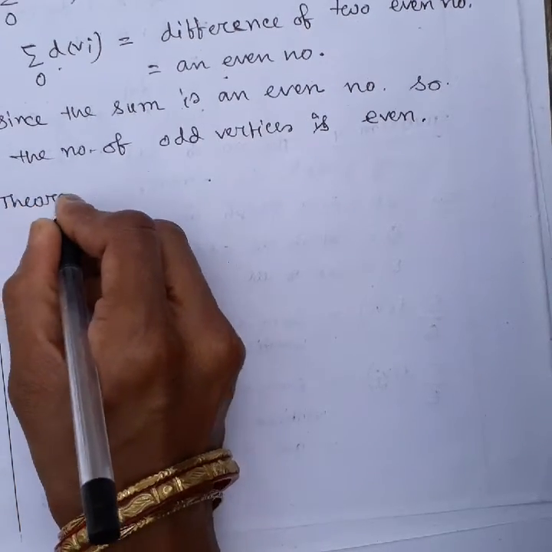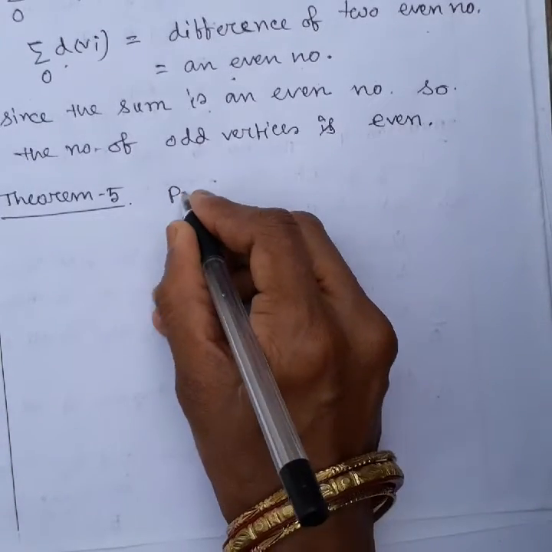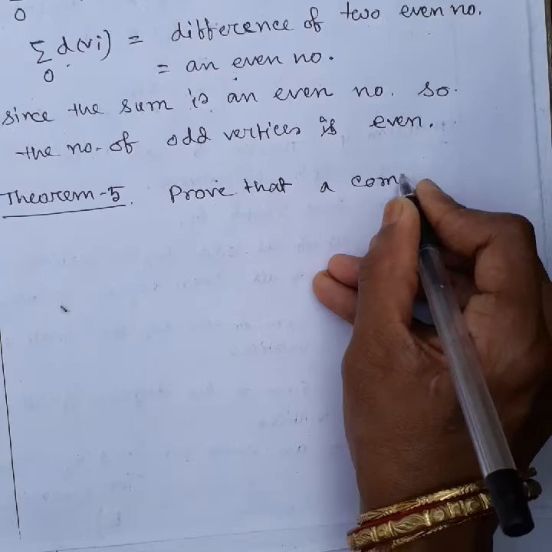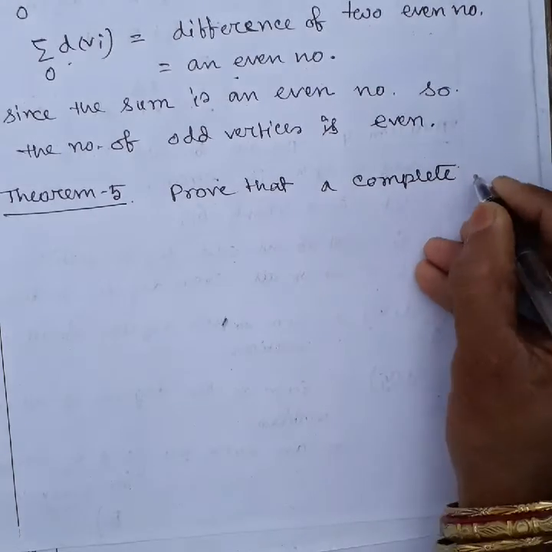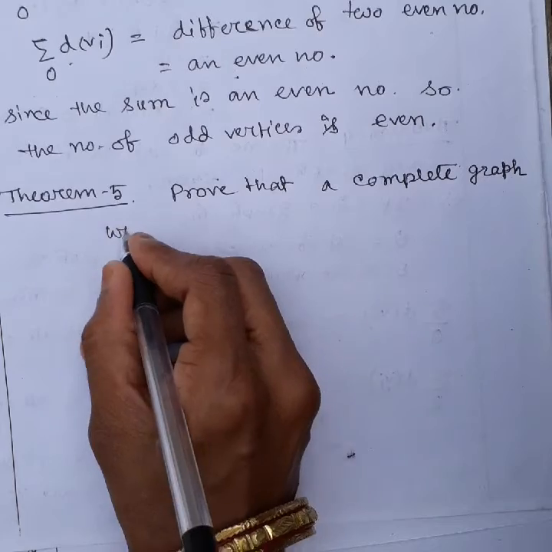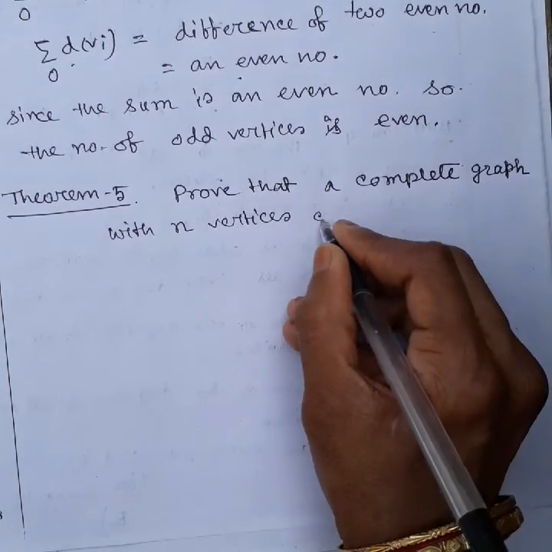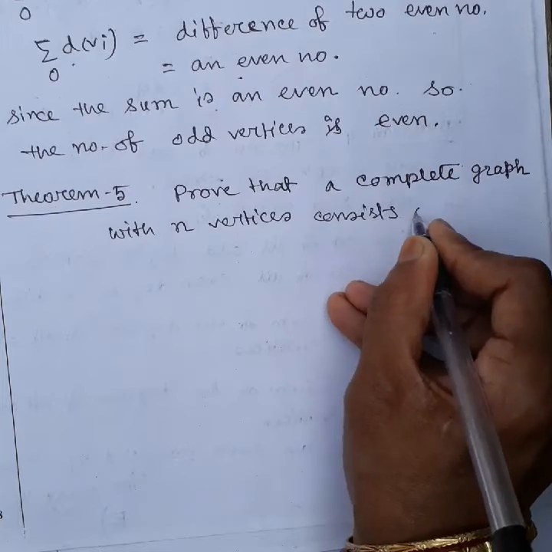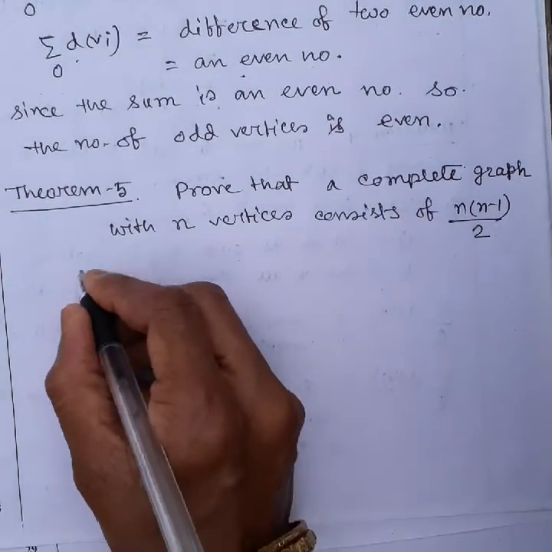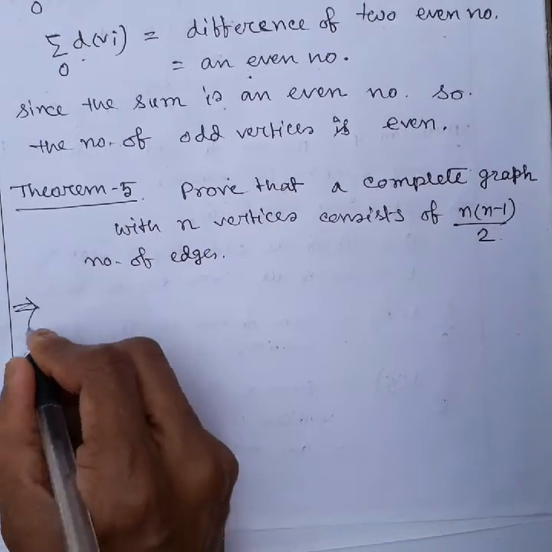Next, theorem 5. Prove that a complete graph with n vertices consists of n into n minus 1 by 2 number of edges. Okay,